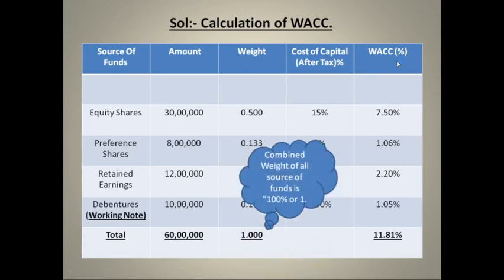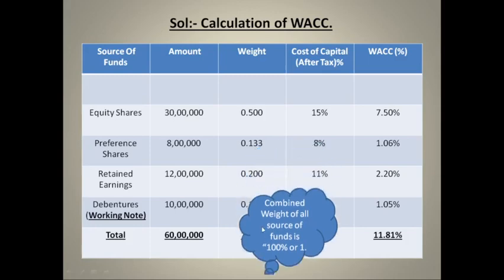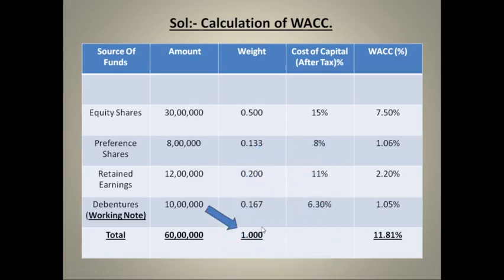Now just remember that whenever you combine all the weights together, the total comes out to be 100%, which can also be written as 1. So as you can see over here, we will write 1 at the end. Fine. Now we will learn how to find these weights, how we discovered these values. Alright, fine my dear friends.